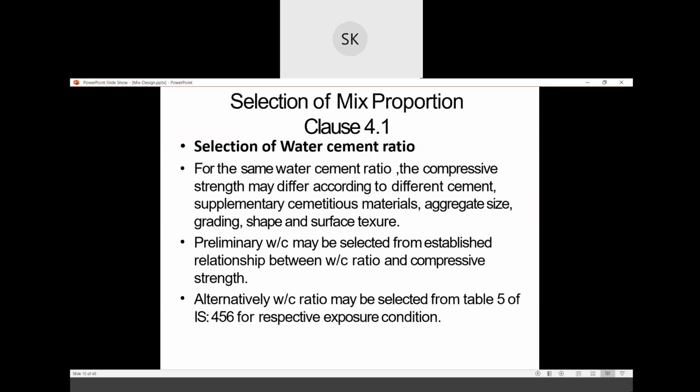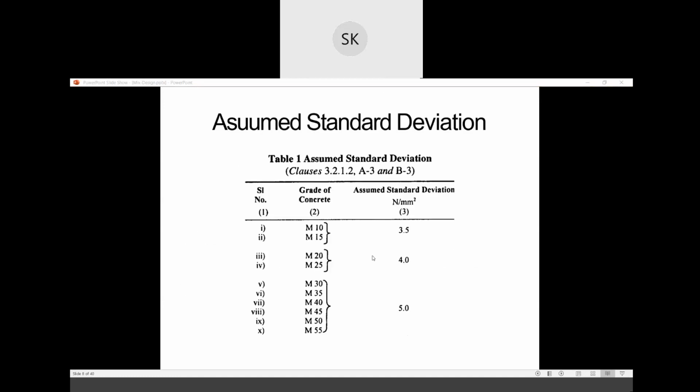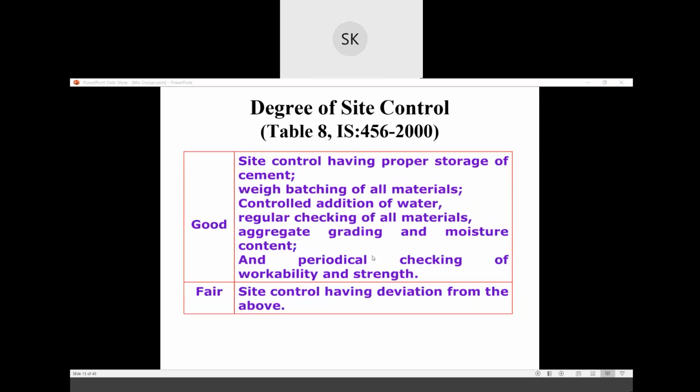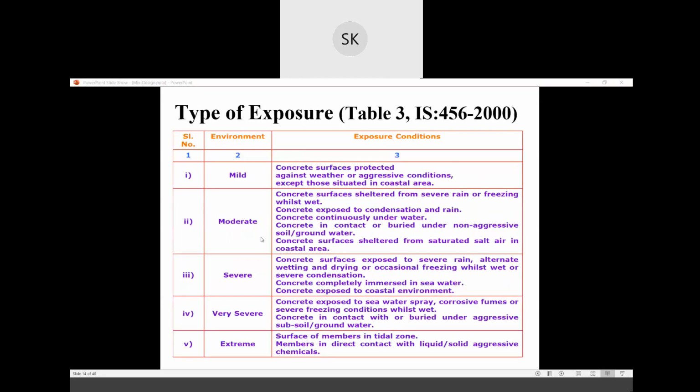You can select water cement ratio from table number 5 of IS 456. Remember, you can select water cement ratio from table number 5 of IS 456 or select it from the relation from this curve. These are the conditions of site control.